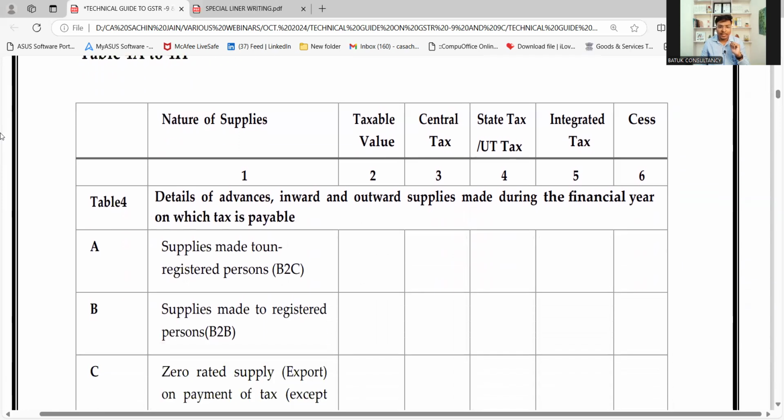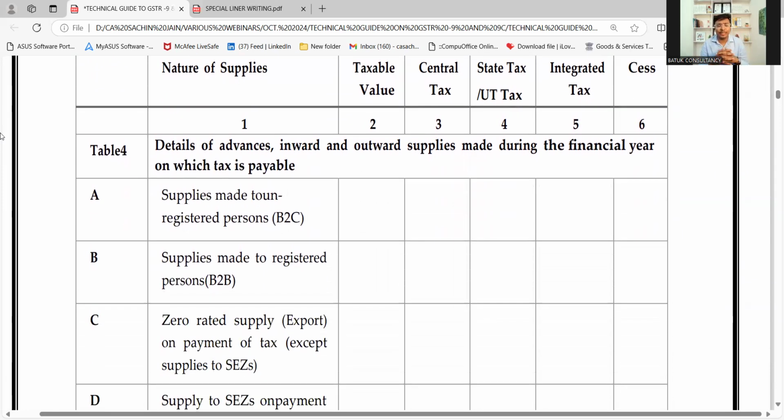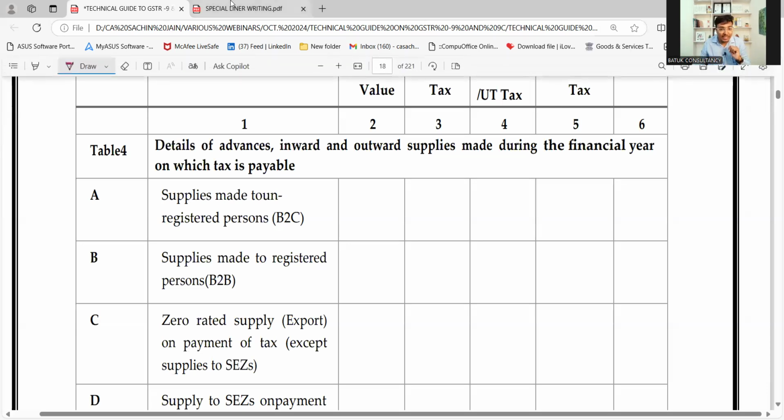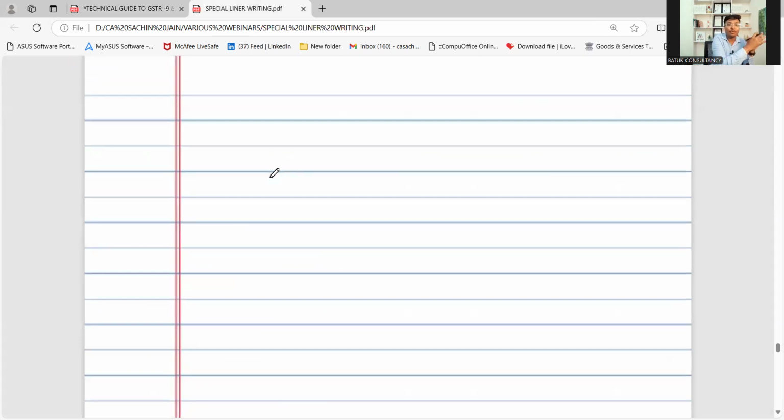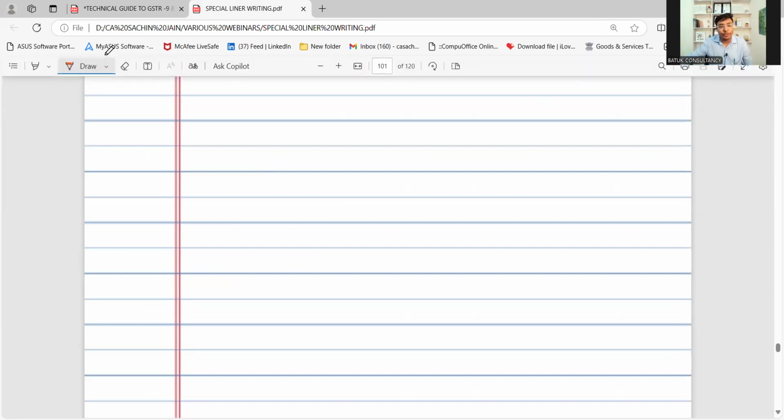Now, just logically try to understand that when we are saying that in part number 2, I need to inform the details related to outward supply. So when I make the outward supply, there may be chances. Sir, first we'll try to understand the terminology. Then after we'll directly move to the table and we'll try to understand. When I'm going to make the outward supply,